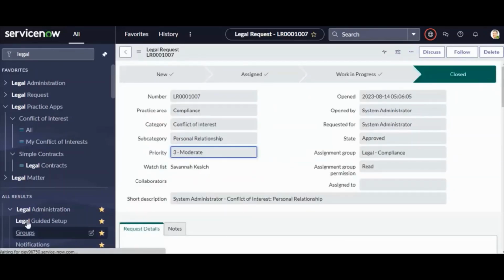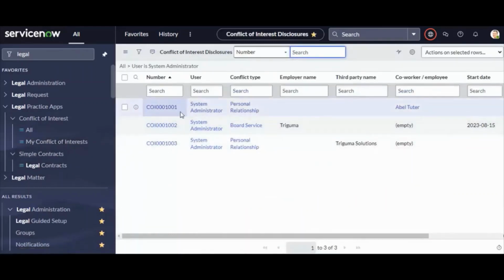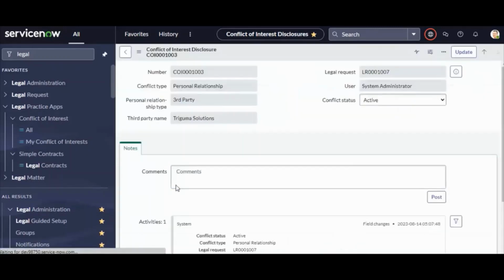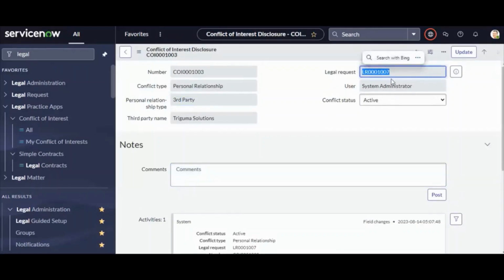Okay, and now if I go to my conflict of interest, you can see COI000103 is automatically created for Triguma Solutions. Okay, so if I open this, here we can track that against that legal request LR000107,